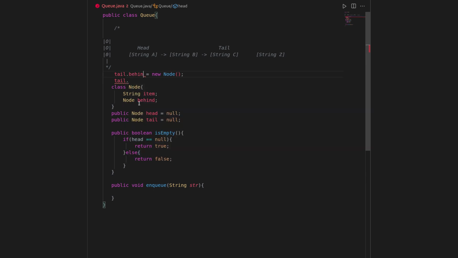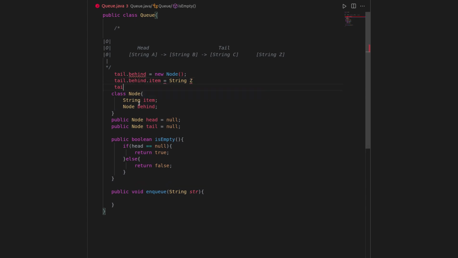After that we can assign tail.behind.item as string z. After that we can do tail is equal to tail.behind. The last statement, tail is equal to tail.behind, will move the tail from the current tail to the new tail.